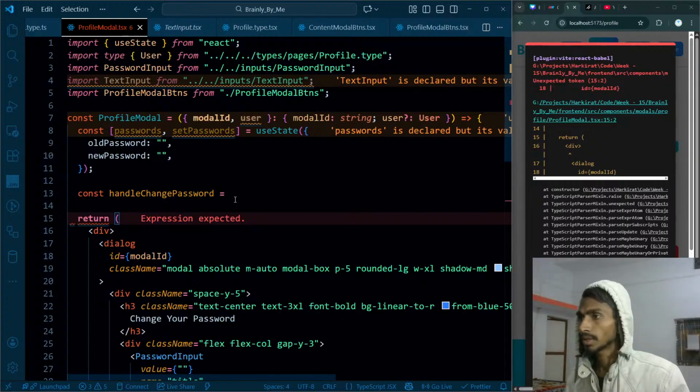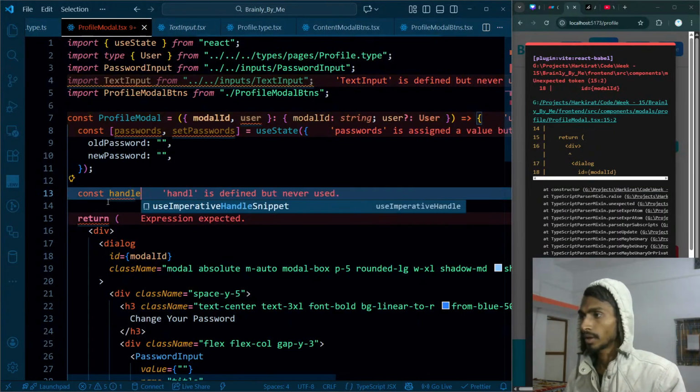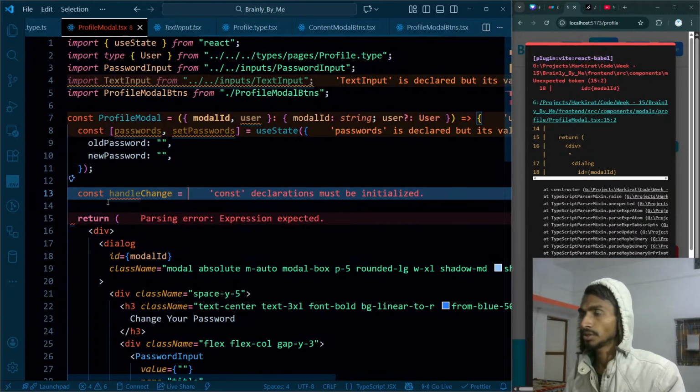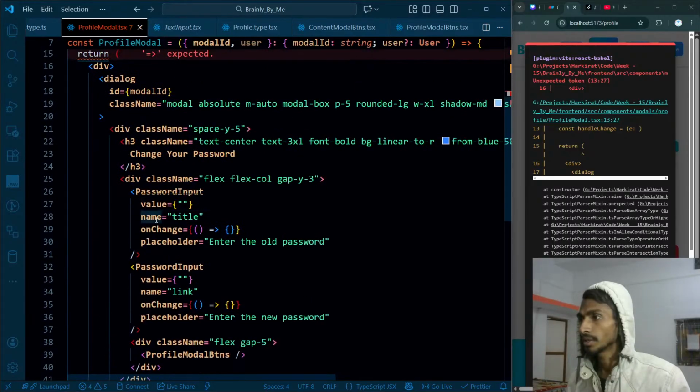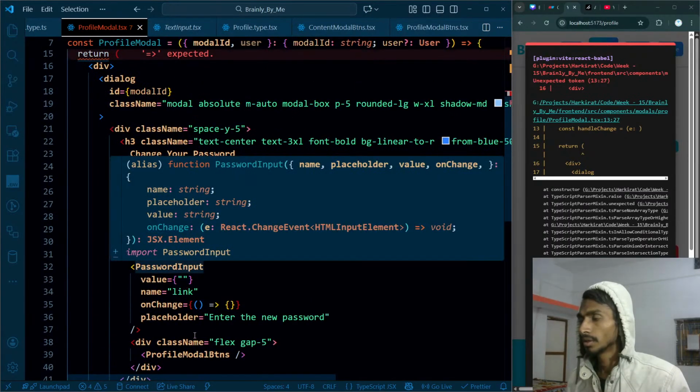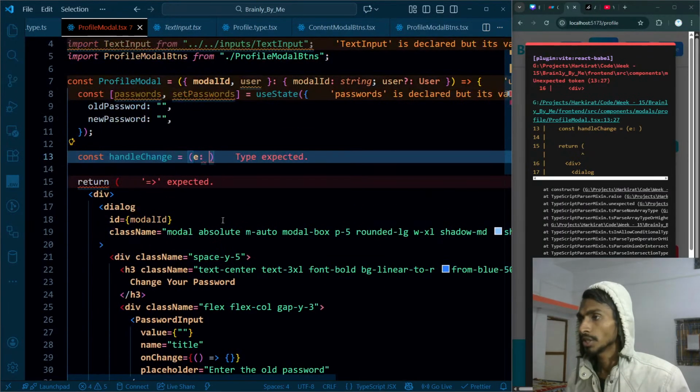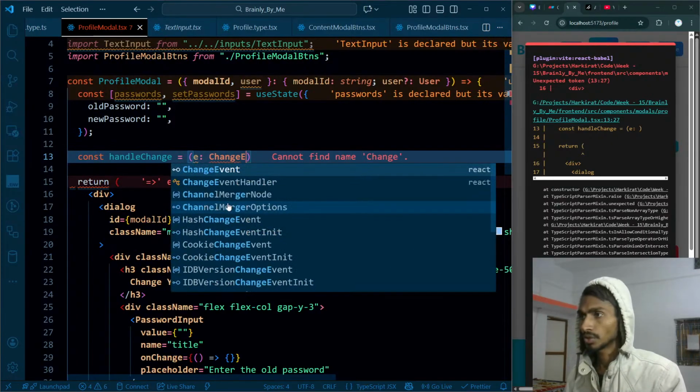Not like this. Handle change, it will get the event. Which kind of event will it be getting? Input element, and that's going to be a change event. So change event on